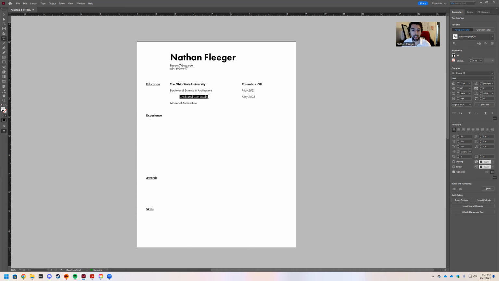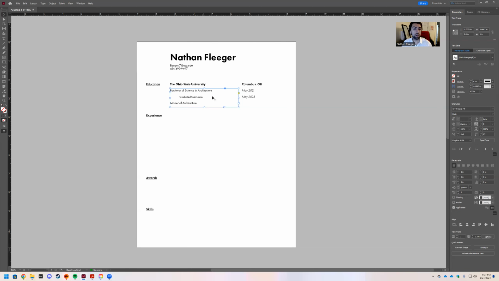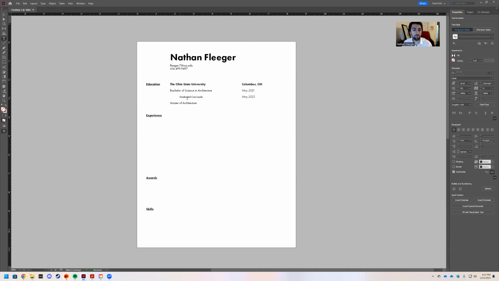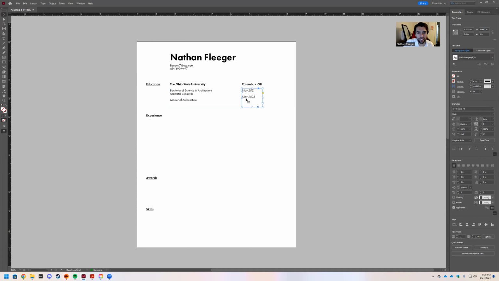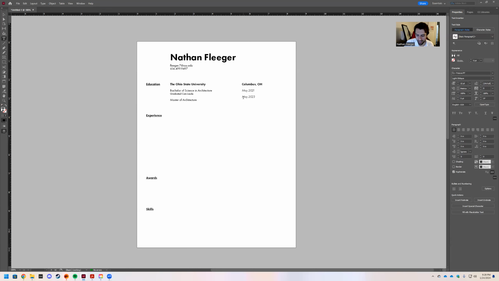If you have something like that, I would make this font smaller, maybe like 10 point. And you can indent it as well, and sometimes you don't have to indent it. They don't have any sort of things like that for grad school, unfortunately, or else I would have absolutely nailed it, because in grad school I had a near perfect GPA that I was very proud of. Not to flex, but